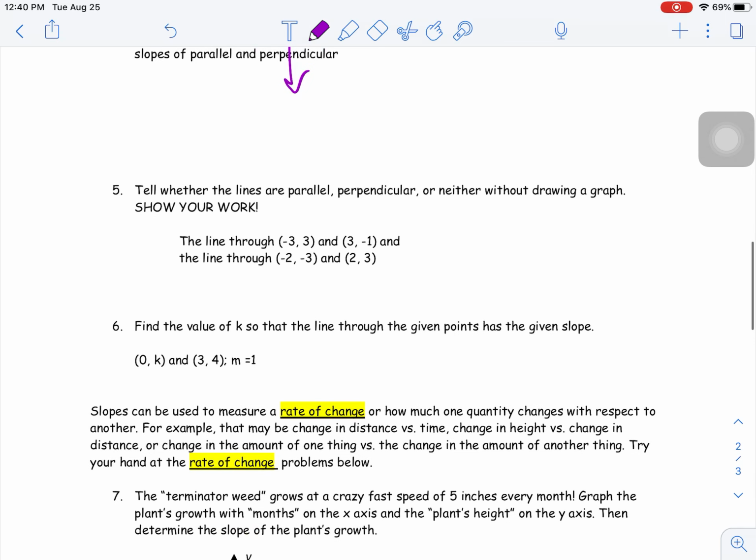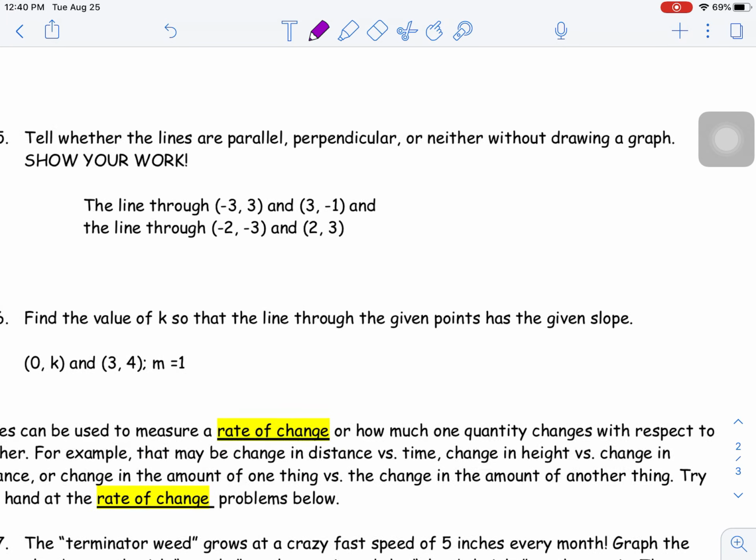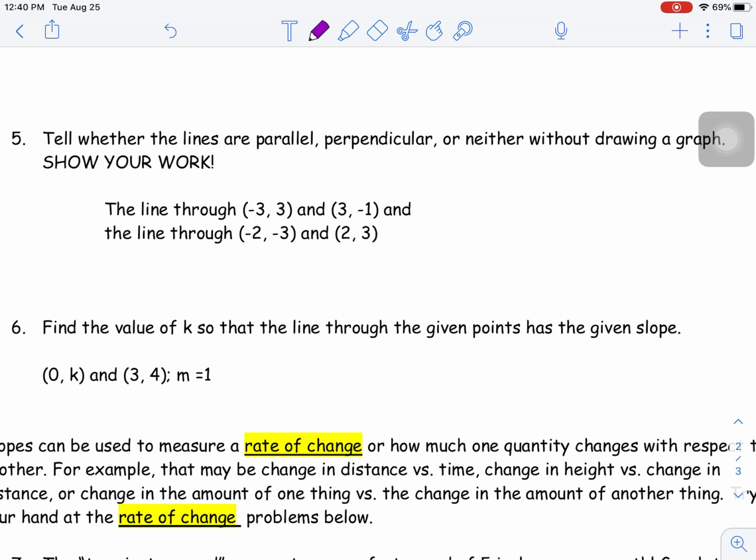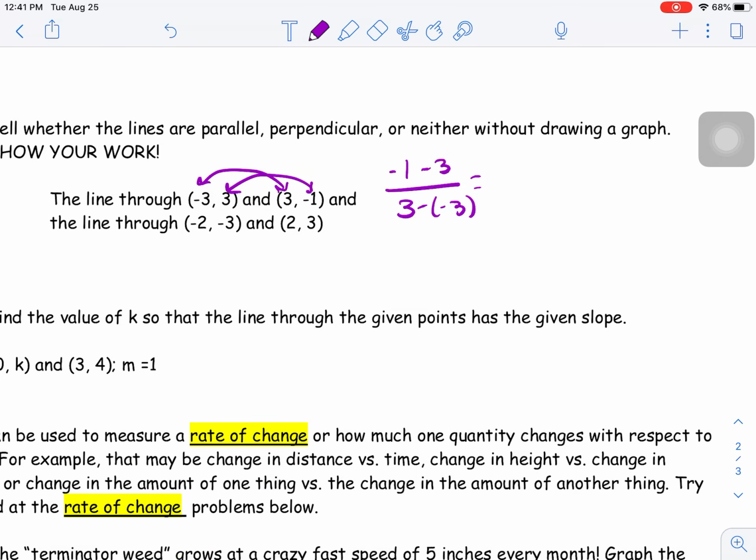Tell whether the lines are parallel, perpendicular, or neither without drawing a graph. Show your work. So it wants us to say, are the lines through negative 3, 3, and 3, negative 1 parallel, perpendicular, or neither? Well, the way we figure out is we just need to find the slopes. So what I'm going to do is negative 1 minus 3, right, these two, divided by 3 minus negative 3, so the other two. And then that would give us our slope